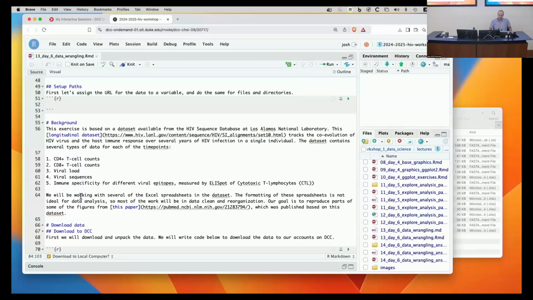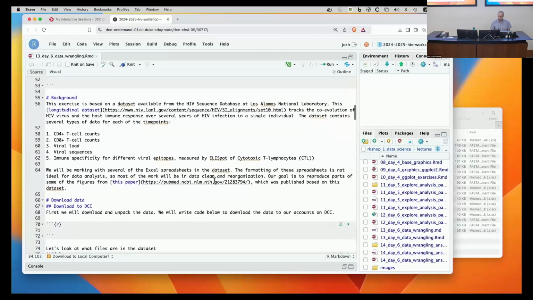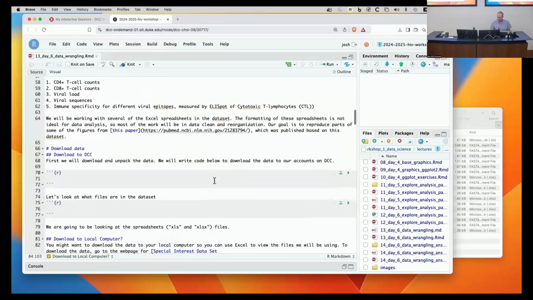The data ranges from a little bit messy to really messy in terms of how easy it is to analyze, like the amount of pre-processing we have to do before we can analyze it. So a lot of what we're going to work on today is getting the data loaded into a useful format within a data frame, and then we'll make some pretty pictures based on that. The first data set I think we're going to use is just tracking